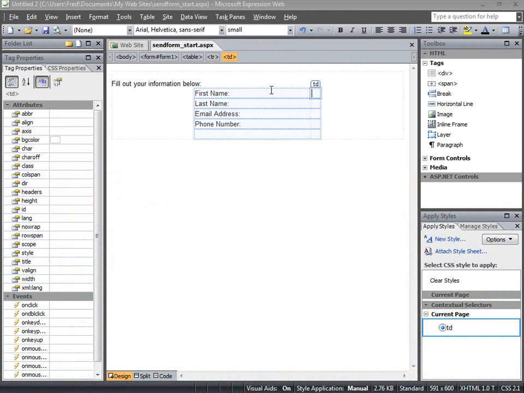In this lesson, you'll learn how to send results from an HTML form to an email address using Expression Web. To accomplish this, we're also going to include some C# code, as well as some handy ASP.NET controls from your